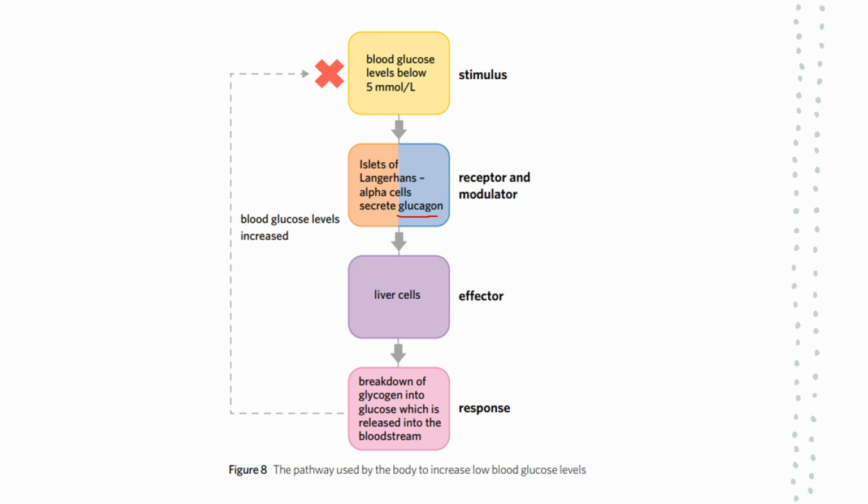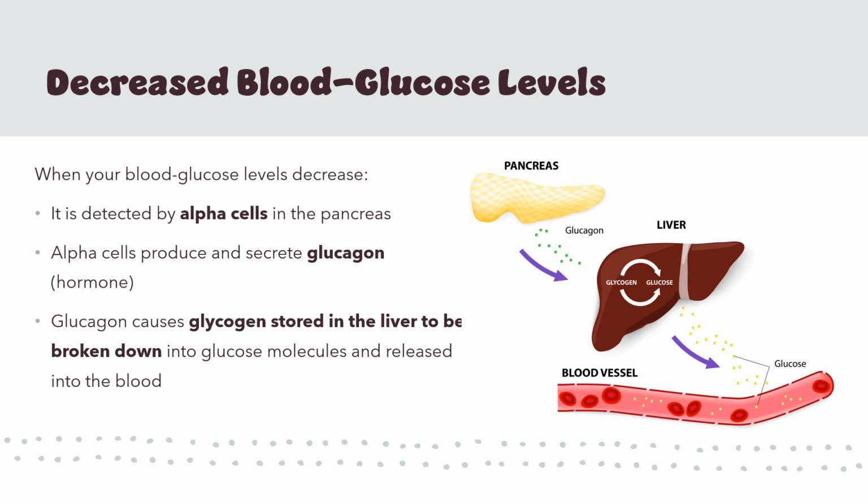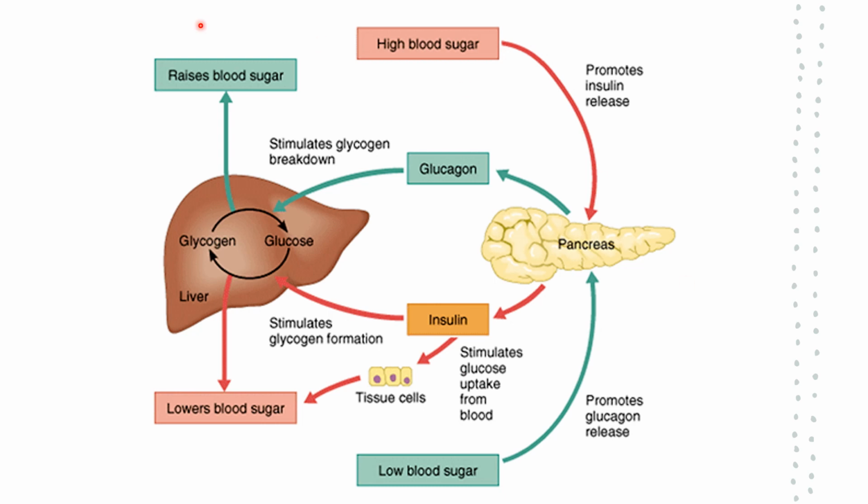Again, this slide is just putting all of that into words. Just remember that it's our alpha cells producing the hormone glucagon, which breaks down glycogen into glucose, which re-enters the bloodstream and helps us maintain homeostasis by bringing our blood glucose levels back up to normal. This is just a diagram that summarizes both of these processes. So low blood sugar produces glucagon, which raises blood sugar levels. High blood sugar causes the pancreas to produce insulin and